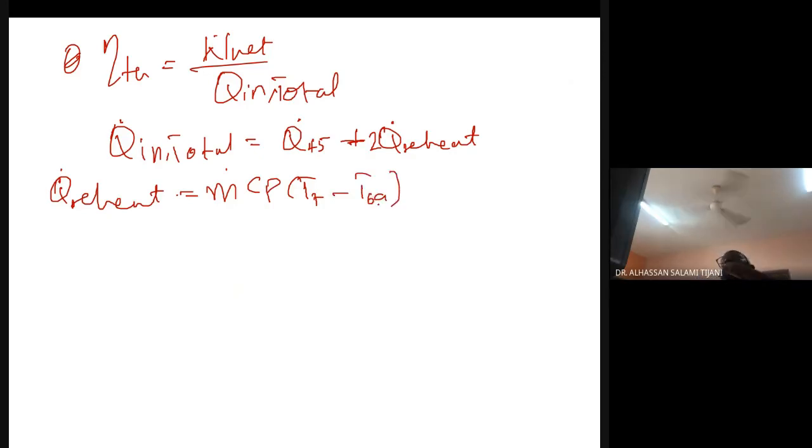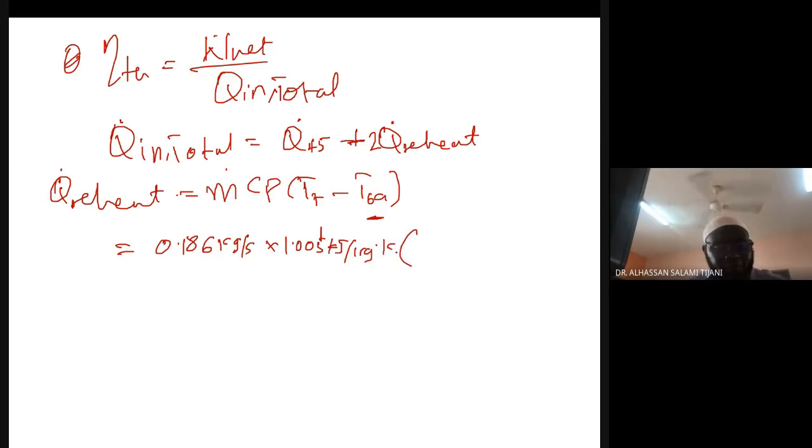All the time it is with respect to the actual cycle, this state A. Okay, so now we'll have 0.186 kilogram per second, times Cp, 1.005 kilojoules per kilogram per Kelvin,